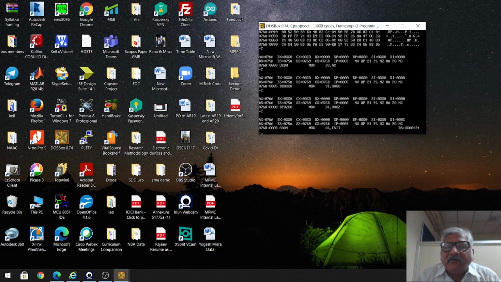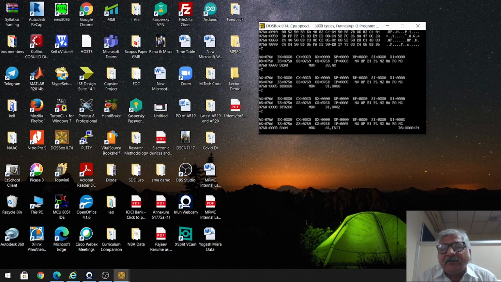Now the next instruction is visible. It is MOV AL, [SI]. So my first data will be loaded in AL. My first data is 34. It will come from data segment at the offset 0000. So now you just observe the AX register. Currently it is 076A.